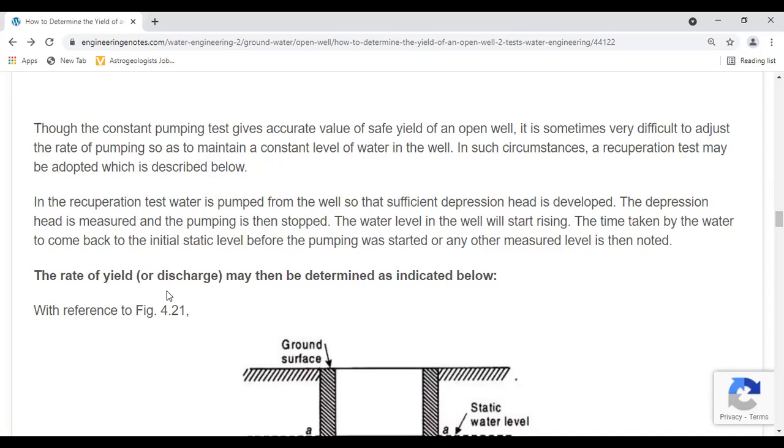Let dH be the change in depression head in a small time interval of dt, where the flow into the well is Q dt, equal to K into H into dt. The volume change in water content of the well is minus A dH. The minus sign indicates that H decreases as T increases. Equating these two,